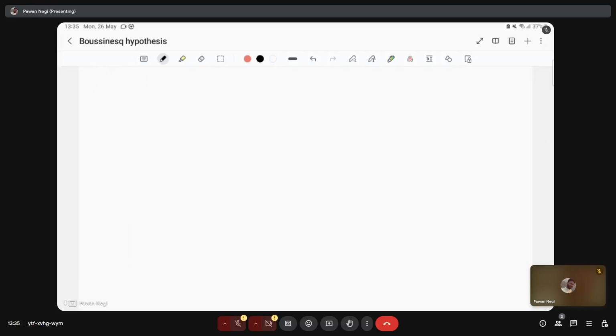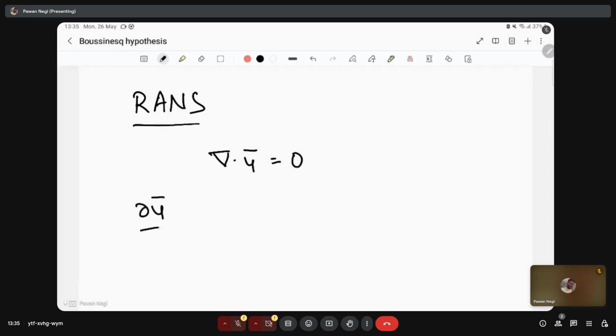Welcome back. In today's lecture, we are going to talk about Boussinesq hypothesis. Let's see what we have learned in our last lecture. We can use Reynolds averaging to derive the Reynolds-averaged Navier-Stokes equation, which is written as follows,